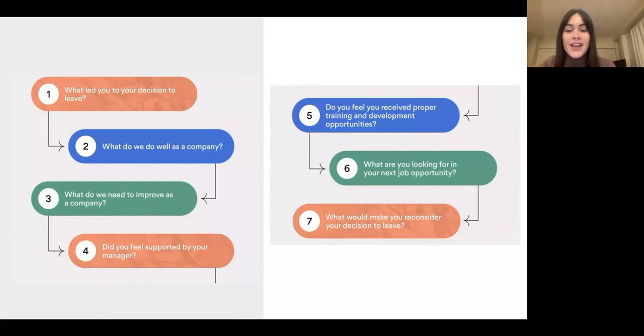And what would make you reconsider your decision to leave? This is just a good one, because this is what's really going to say, oh, well, maybe if the school had done this differently, I would have stayed. And that's something that you can consider whether you want to take action on or not, or whether you think is worth actually improving or not. You and your team can decide that. There's a variety of questions that you can ask, but these are just some ideas.